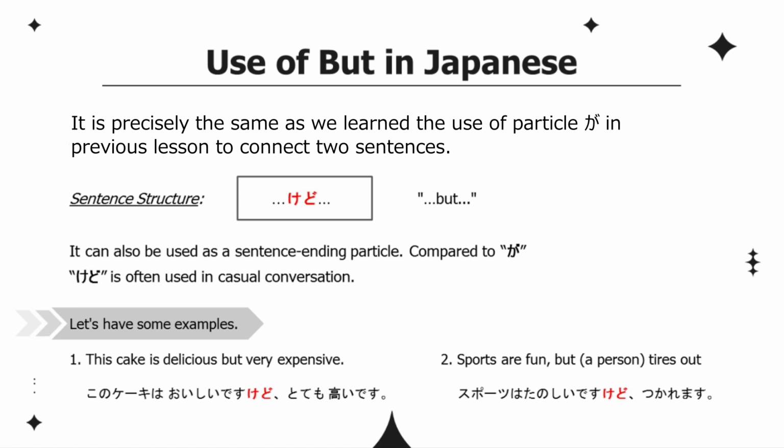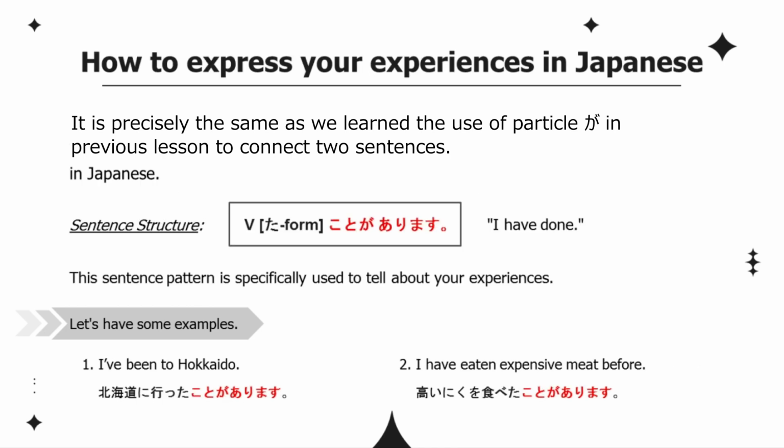Let's try to create more sentences. This cake is delicious but very expensive. このケーキは美味しいですけれど、とても高いです。 Sports are fun, but a person tires out. スポーツは楽しいですけど、疲れます。